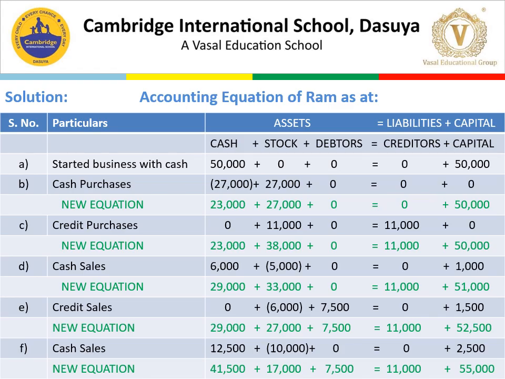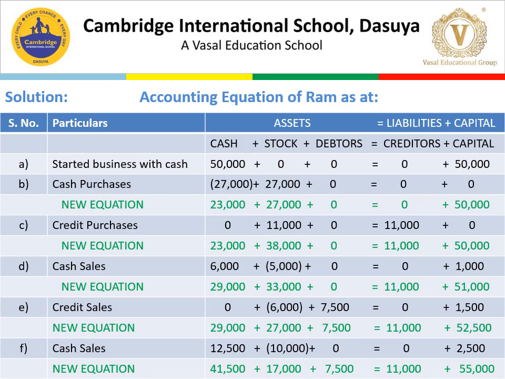Now the next transaction is credit purchases. Goods worth rupees 11,000 purchased, so it will be added to the stock. It will increase the stock. So we will add 11,000 in the stock, but since the cash is not paid, it is a credit purchase, it will be added to the creditors. So we will add this amount in the